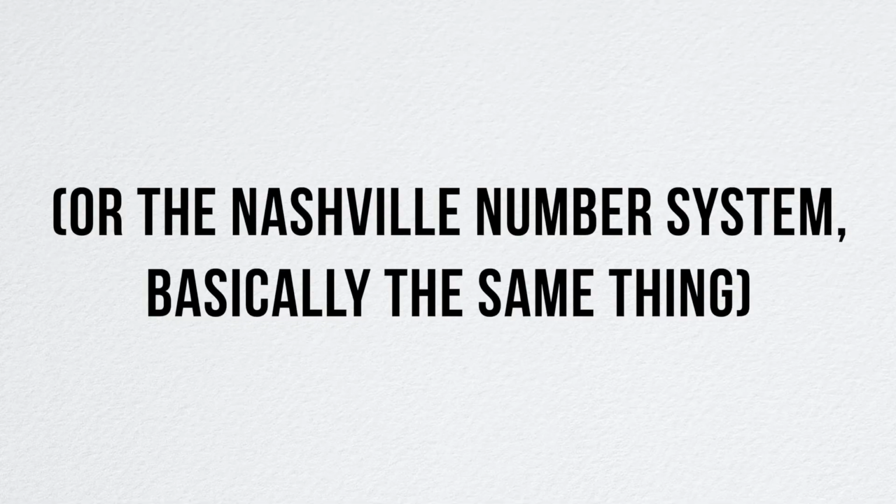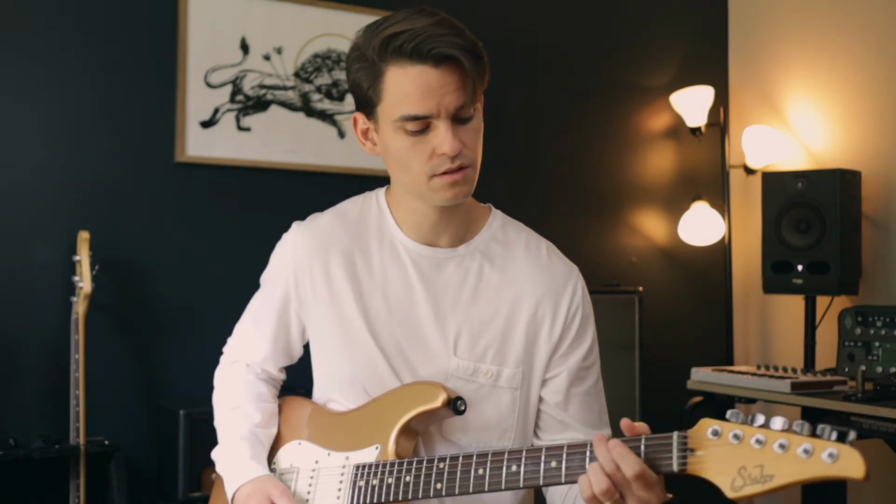Now, if I want to do this in the key of G instead of in the key of C, it helps to know the Roman numeral analysis. So it helps me to know, okay, I'm playing a 1, a 4, and a 5. Now, once I've figured that out, I can then take that to the key of G and I can look at it the same way. G is 1, A is 2, B is 3, C is 4, D is 5, and E minor or E is 6. So since I'm not worried about the 6th chord, I only need to know the 1, the 4, and the 5. So I said G is 1, C is 4, and D is 5. So now that chord progression sounds like this,